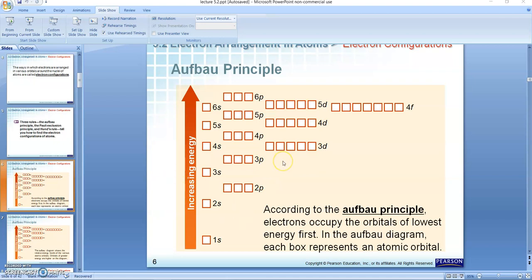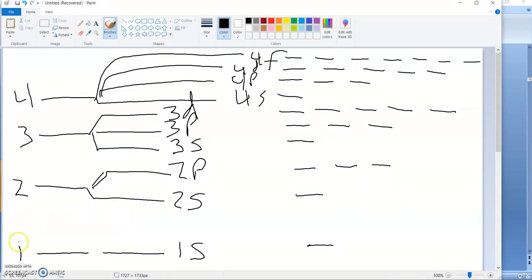All right, so again, this is nothing really incredibly new. I just wanted to really fine-tune your understanding of what a level, sublevel, and orbital are. Again, the level is 1, 2, 3, 4. The sublevel is S, P, D, F. and the orbitals are the subdivisions of those sublevels. And we'll pick up